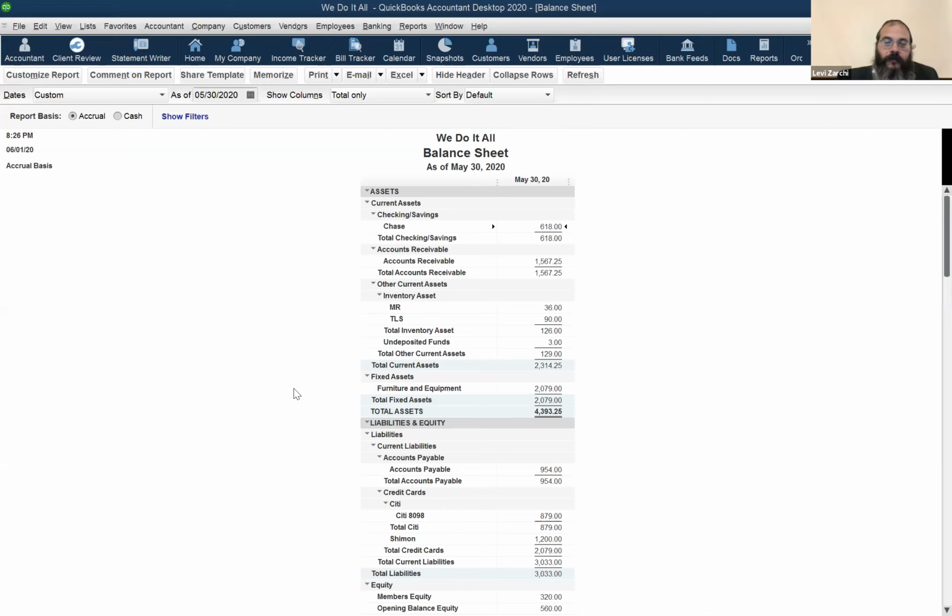Because when everything is all lumped into one total in inventory, you can't really take stock of what you have, of which item. So if you don't have an inventory asset with the asterisk, that's also good. Okay. So what I did, we'll go over to step 2, which is